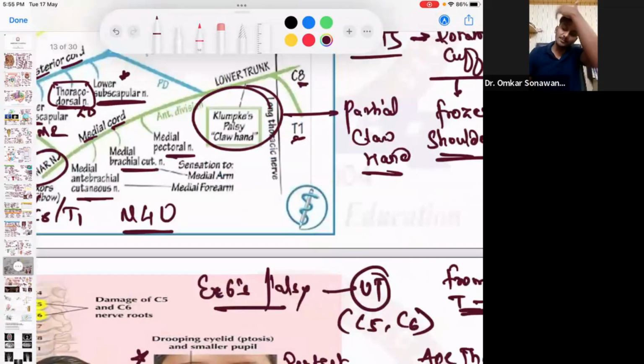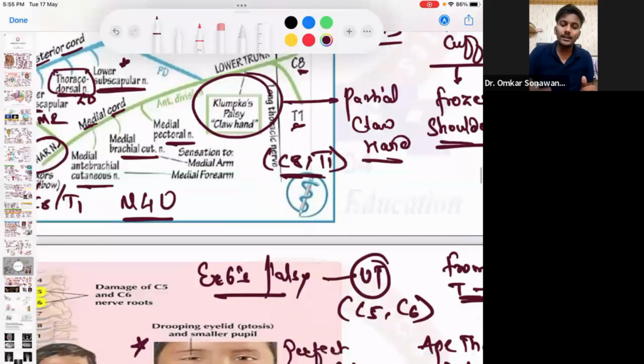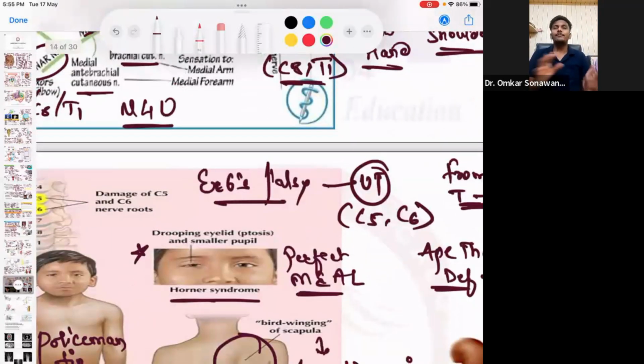Whereas if there is injury to the lower trunk of the brachial plexus, that will cause Klumpke's palsy. Klumpke's palsy will cause which type of hand? Partial claw hand. Lower trunk: what is the root value which is injured? C8, T1. कोई दिक्कत नहीं है. In shoulder dystocia, the patient can have Klumpke's or Erb's palsy, more commonly